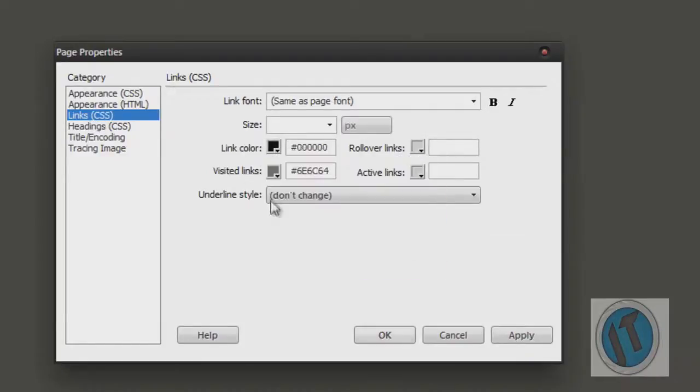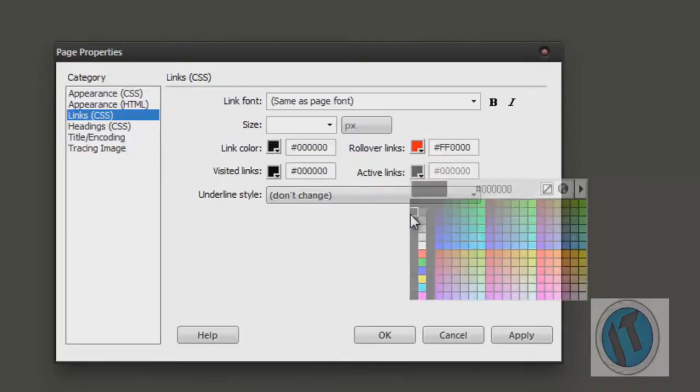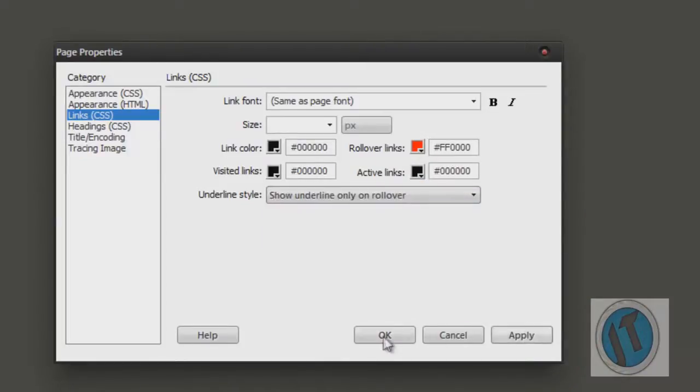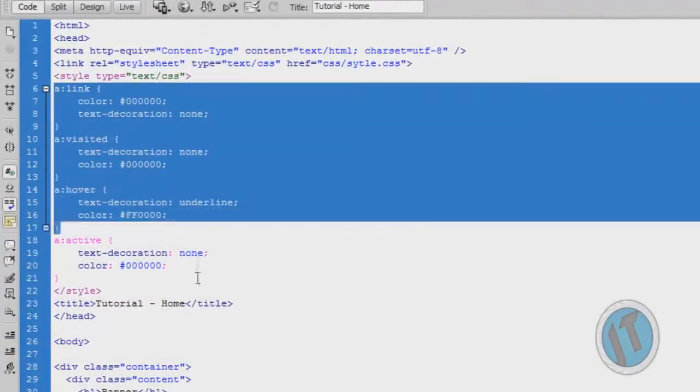So the link color for me is going to be black, visited links also black, and when you roll over it, it's going to go red, and the active links are also going to be black. And also when you roll over it, it's going to show underline, and then I'm just going to press apply. Then you're going to go to your code again. You can see that it's put some horrible CSS